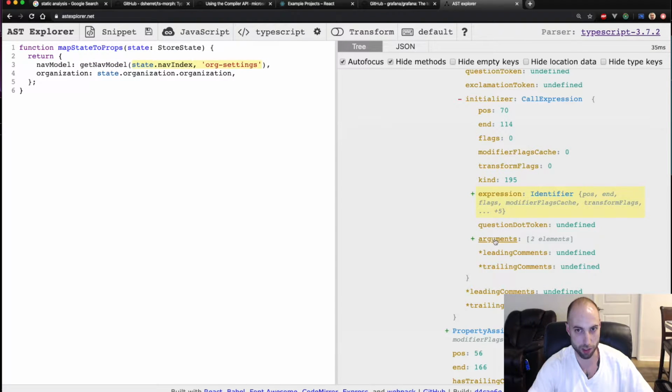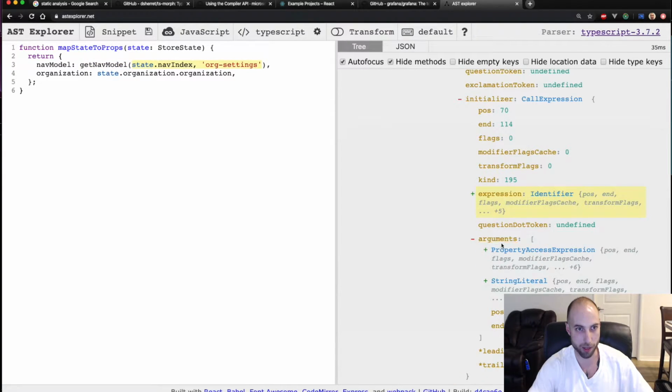And then the arguments of the call expression is an array of these two things we're passing in: a property access expression, which is where we call state.navIndex, and a string literal. And so for our static analyzer, let's say we need to find all of the places that getNavModel is called within the program and what strings are passed in for the second argument. We want to get a list of those. So how would we go about doing that? We could write a static analyzer, and what that will be is code that uses the TypeScript Compiler APIs